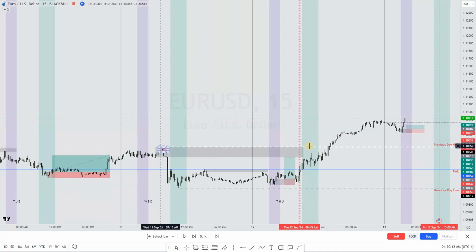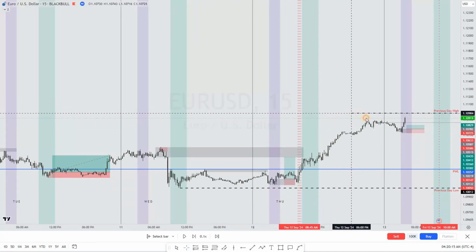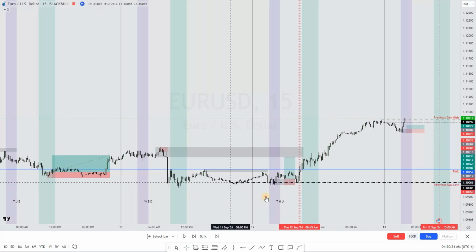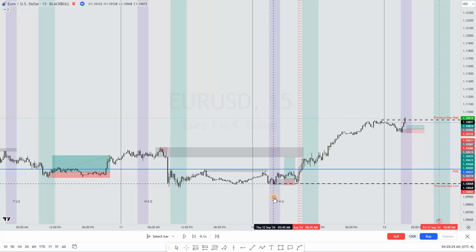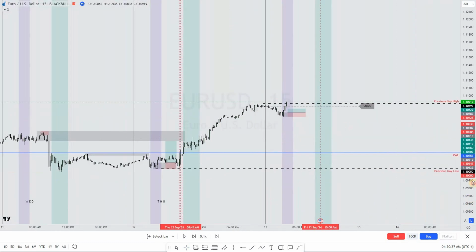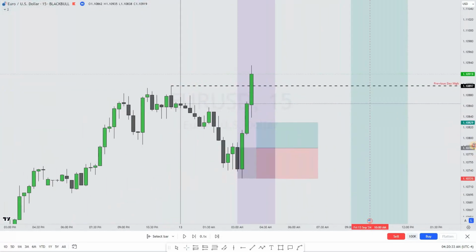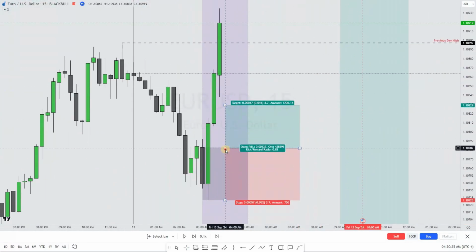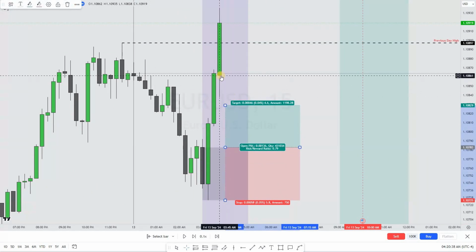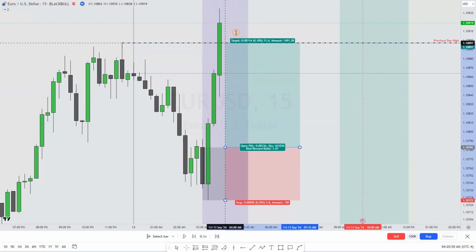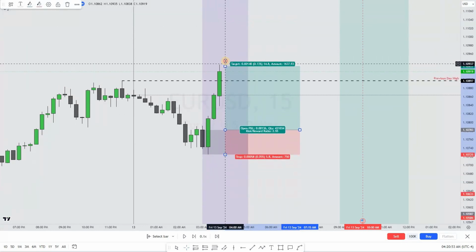Sorry, I forgot to put the levels here. So prior to this candle closing all the way up, because for me, this is candle number one, candle number two, candle number three, leaving that fair value gap and an order block, seeking for these highs to be taken for a potential 1 to 3.